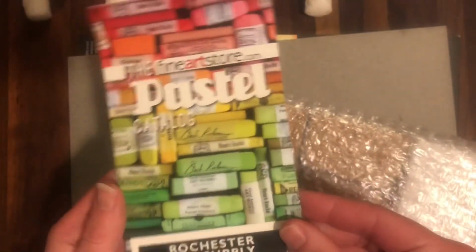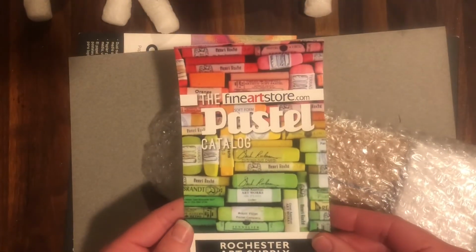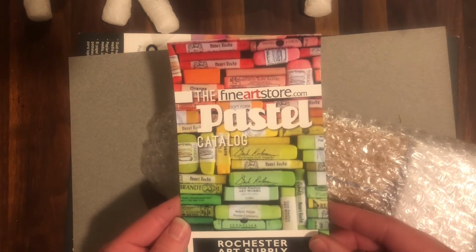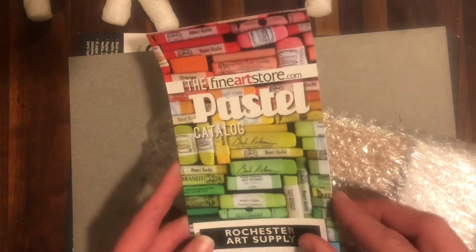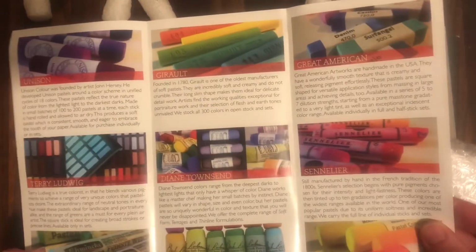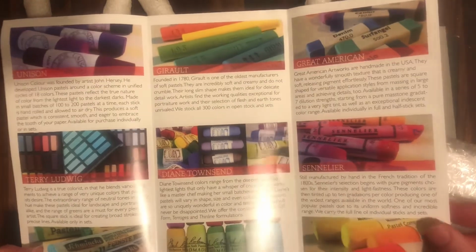They also, the fine art store always kind of includes this in all their boxes. It's kind of a brochure only about all of the pastels that they carry. So, you know, when you get other